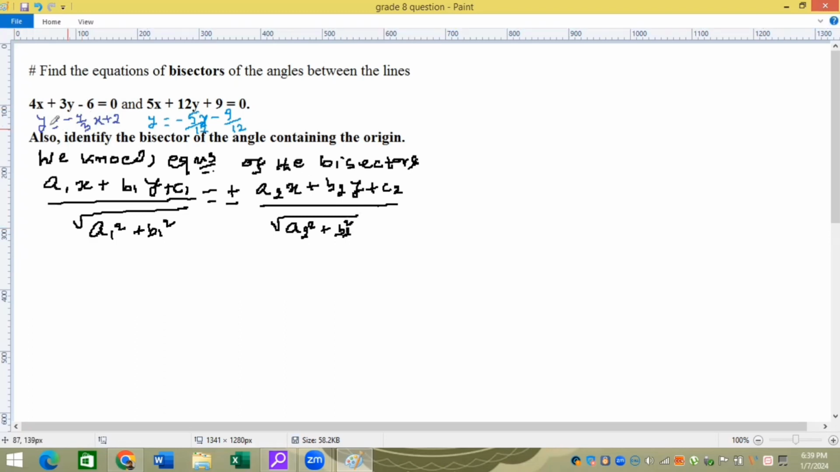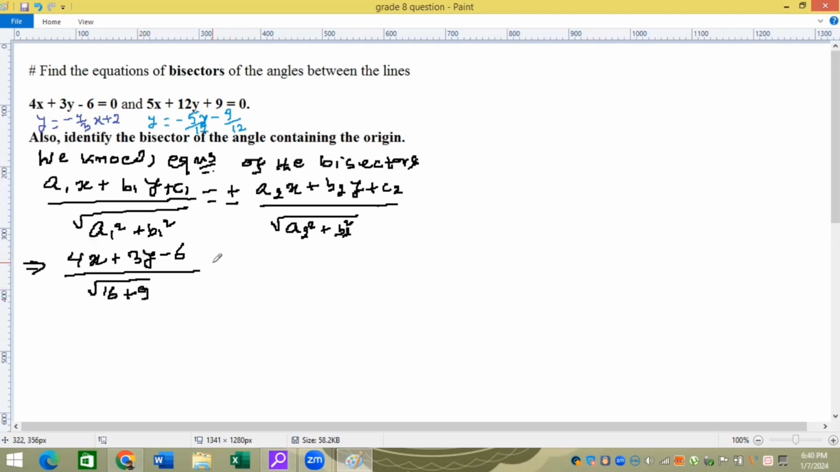Okay, so here a1 means 4, and x, and then this is b1 and this is c1. Here 5 is a2, 12 is b2, and 9 is c2. So just put back all these values, then you will have an equation like this. So it is 4x plus 3y minus 6 over the square root of, a1 square means 4 square, that is 16, and b1 square means 3 square, that is 9,